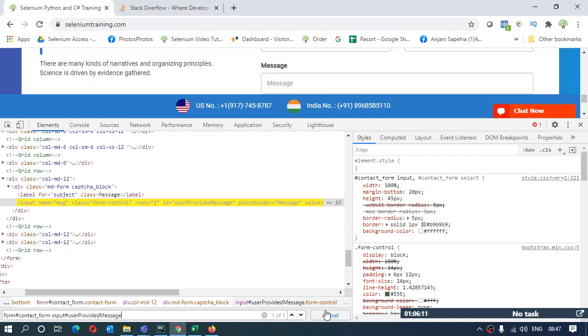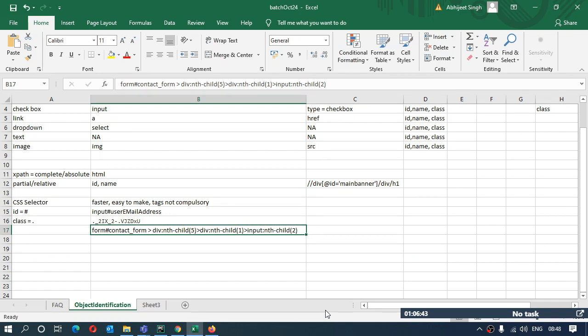So what this is going to do is there is a space between the form name and the element I want to interact with. So what CSS selector is going to do, in that form it will start looking for that element itself. I don't have to go inside this div, inside this div, inside this div. No, it will automatically look for it and will return that element to me. And this is how the CSS selector is going to look with the extra space. Right? This way.